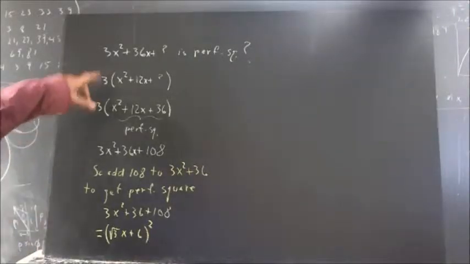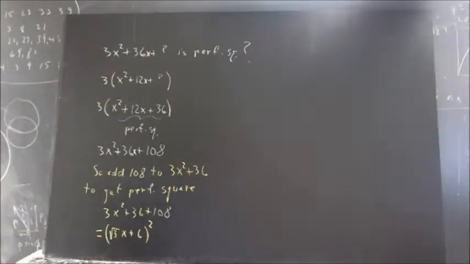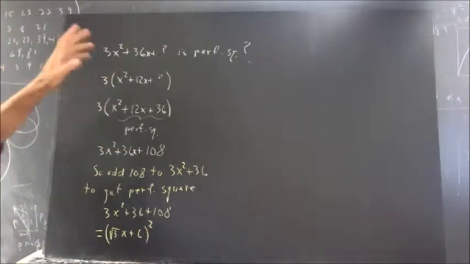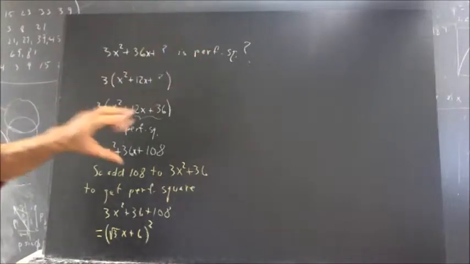Now let's consider this question. We have 3x squared plus 36. What would we add in order to get a perfect square? Well, if we have something besides 1 in front of x squared, the expansion of x plus a no longer